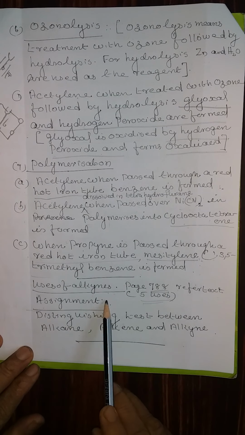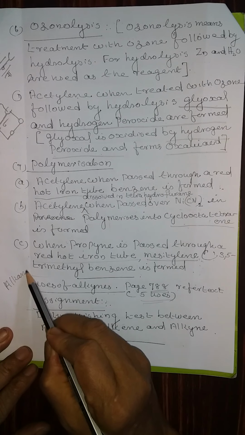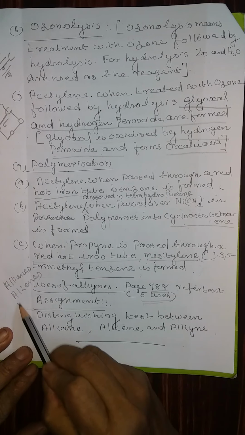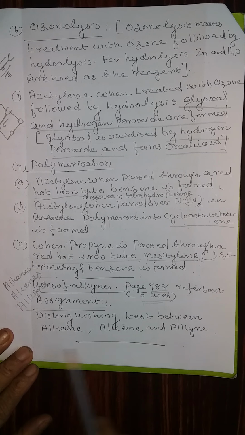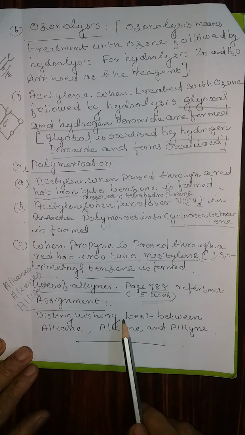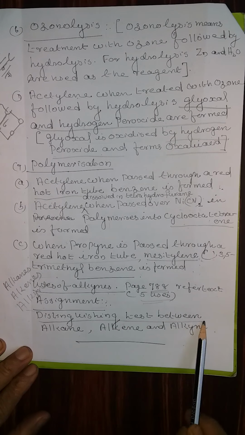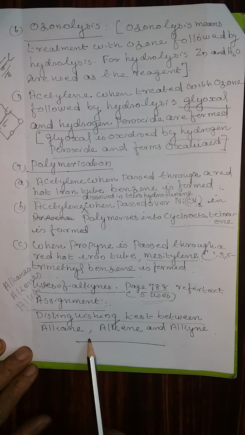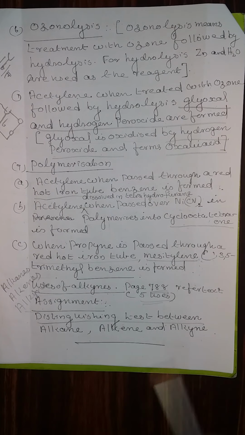Now I am going to give you an assignment. You already studied all the properties of alkanes and alkenes and alkynes, and write a comparative study, similarities and the differences. That is the matter what is given in the syllabus. Distinguish in a test between alkane, alkene and alkyne. Try to do by yourself, comparing all the properties.